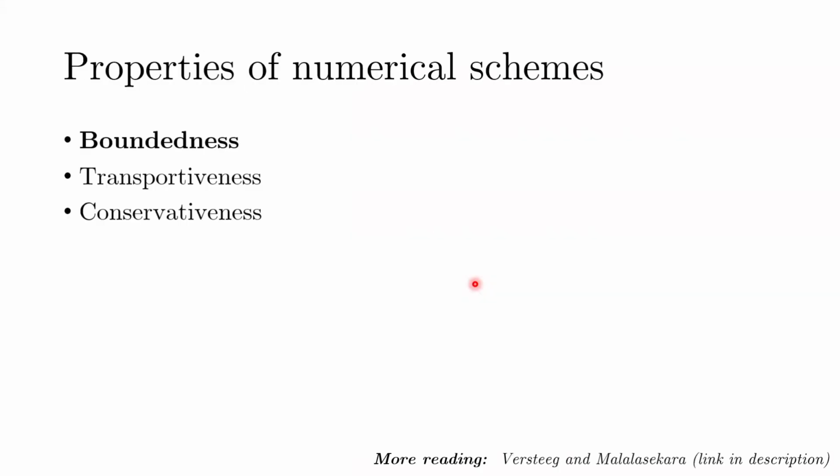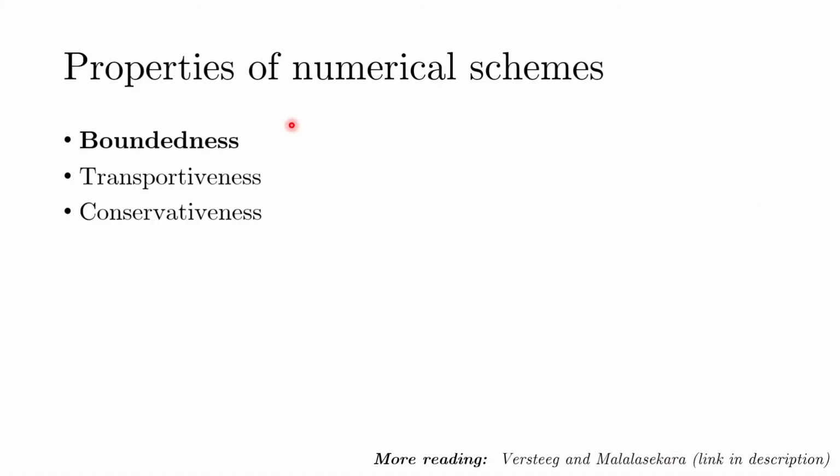And this is where we need to understand the properties of the discretization schemes. So in this series of lectures, I'm not really going to dive deeper into these properties, but I'm going to give you an overview and only talk about the properties that are relevant for our understanding. So the three properties that are of key importance for numerical schemes are boundedness, transportiveness, and conservativeness. If you really want to learn more about these, you can refer to the book of Versteeg and Malalasekera, which is the textbook that I've so much referred to for this particular course. In that book, you can see a very good discussion on all these properties of the discretization schemes and how they are applied in various schemes as well.